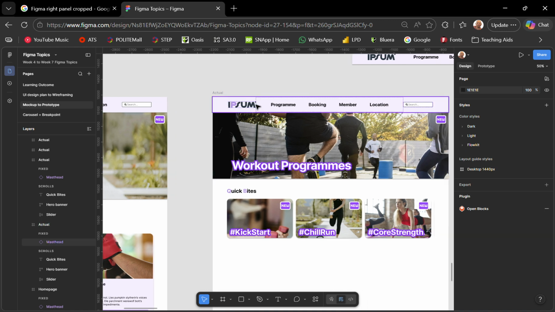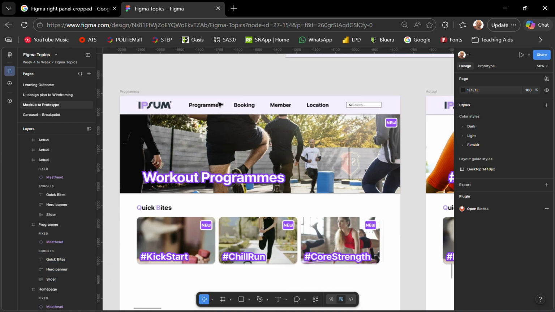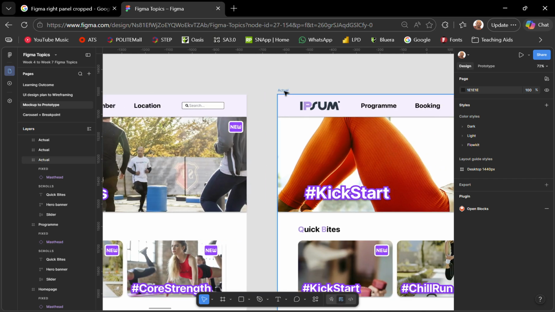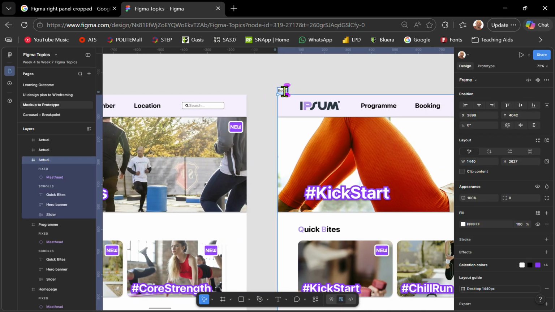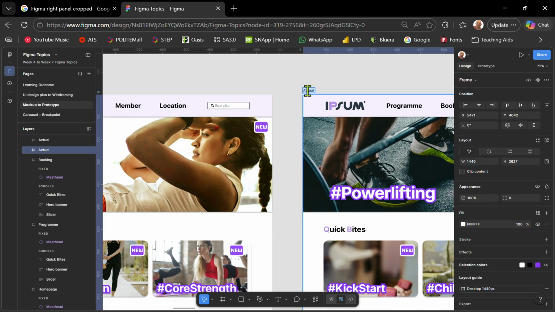Preferably name them according to the button titles that you have given in your masthead. So I will name the second page as program, the third page as booking, the fourth page as member,